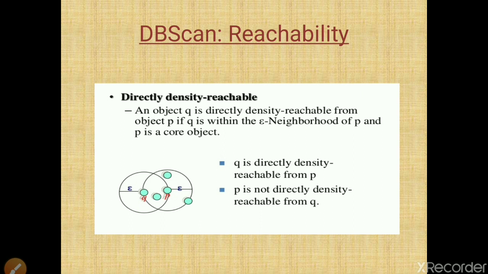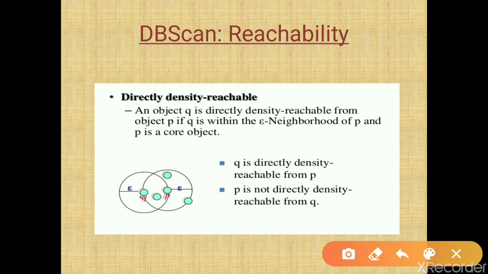I will explain this. Here you can see what I am checking: is Q directly density reachable from P? I am considering the point Q as my base point. What conditions should be satisfied? Q should be in the epsilon neighborhood of P. Yes, it is satisfying.